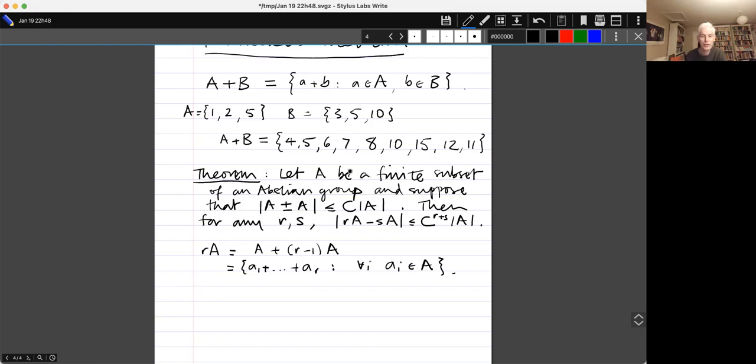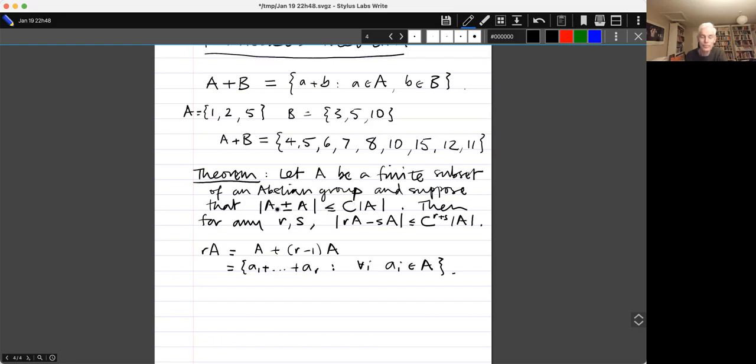So the idea is that, if you remember from last time, we regard a sumset or a difference set as being small if its size is only linear in the size of the set itself, when the set is large. And this actually doesn't depend on C being a constant independent of the size of A, whatever that means,